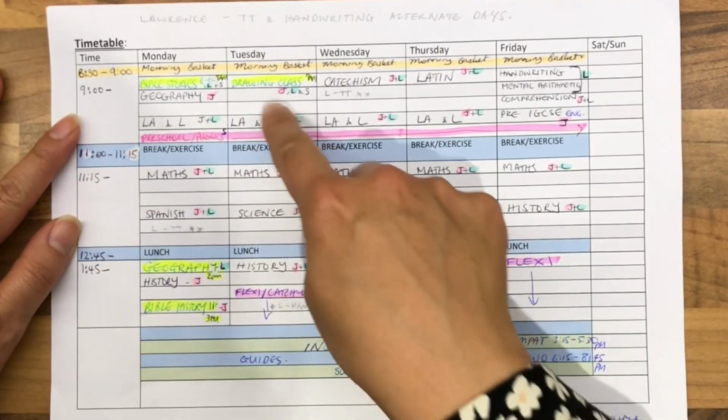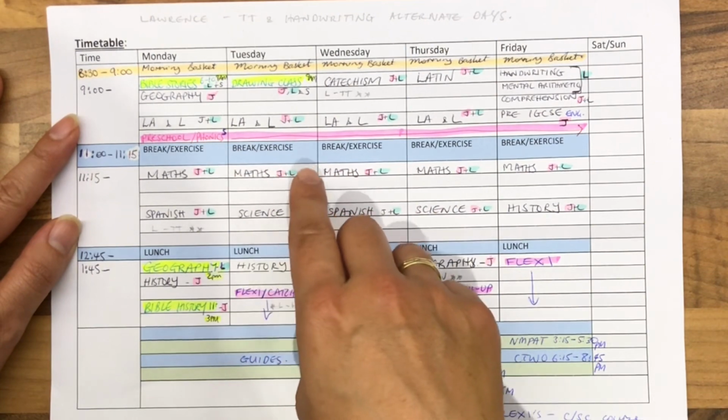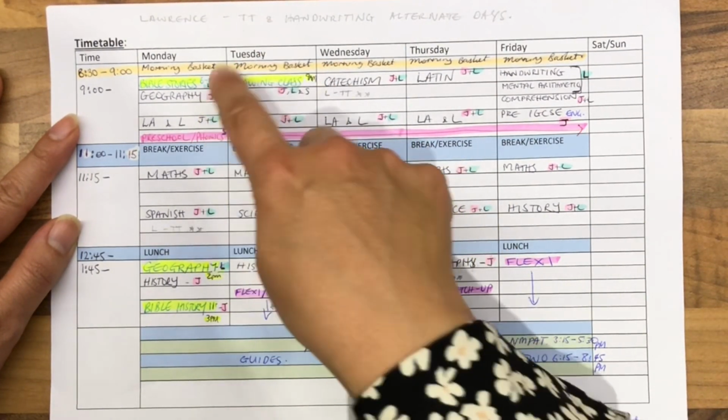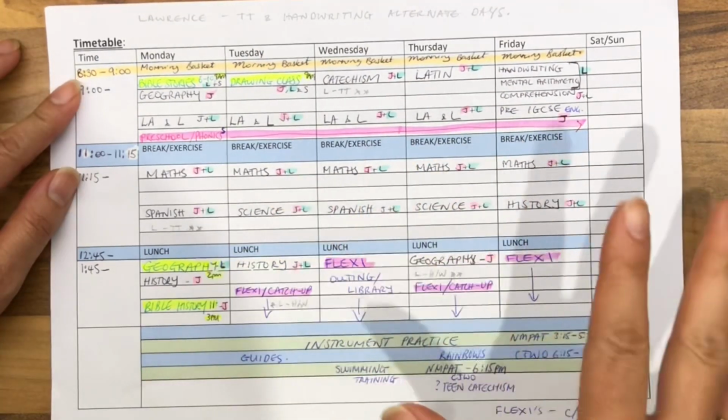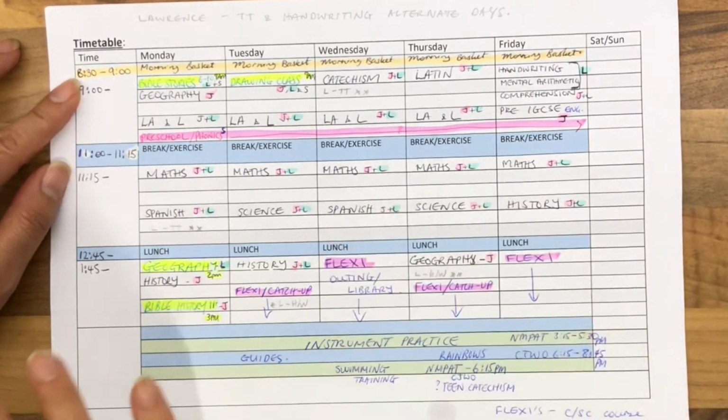The coloured letters L, S, J are my different children. So S is my 4-year-old daughter, J is my 11-year-old daughter, and L is my 9-year-old son. All of these timings are flexible. 8:30 to 9, thereabouts, we call our morning